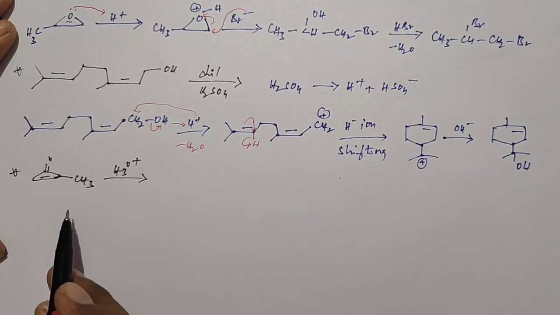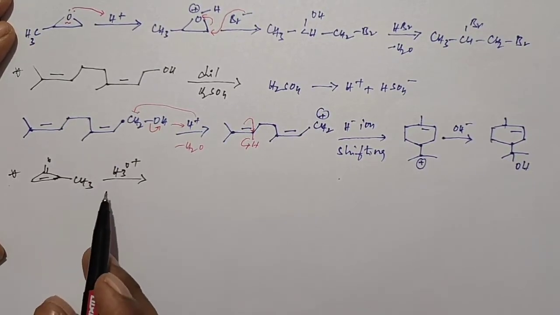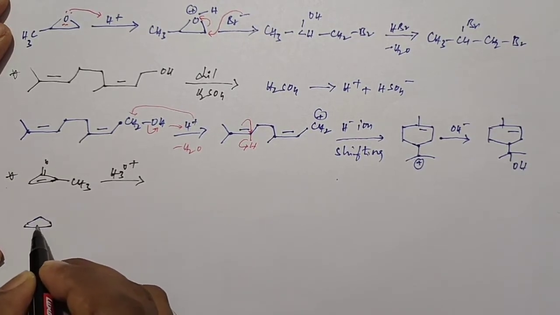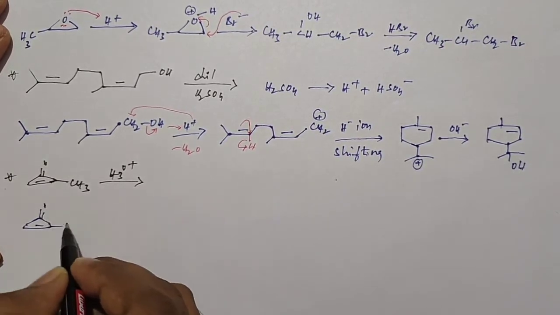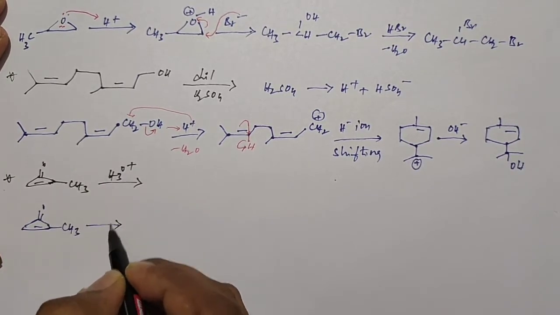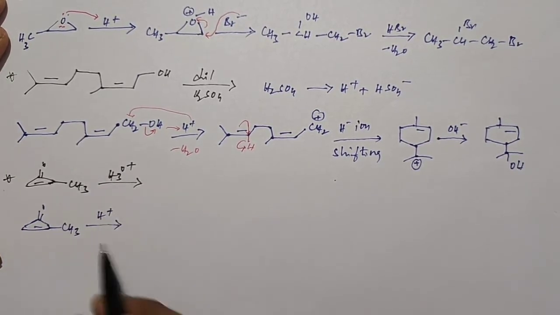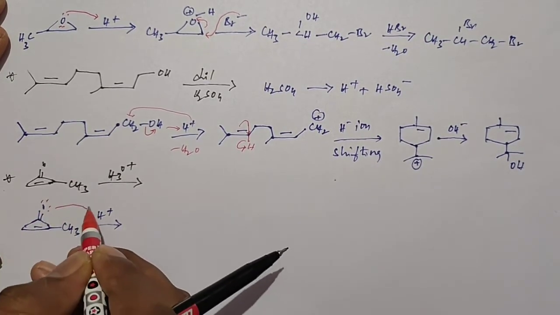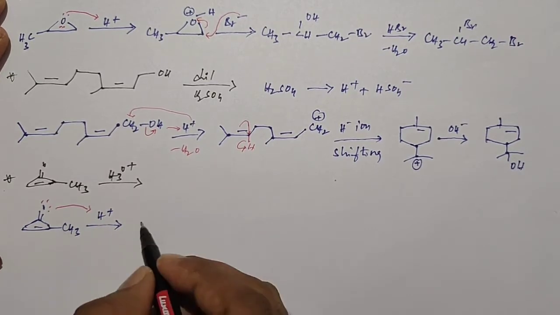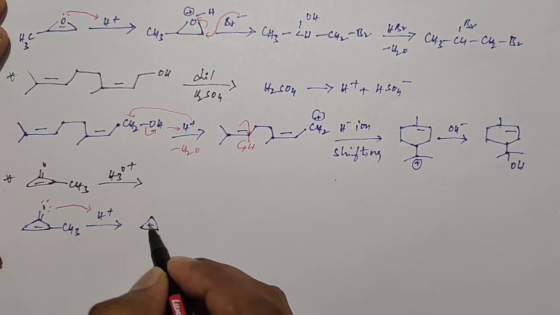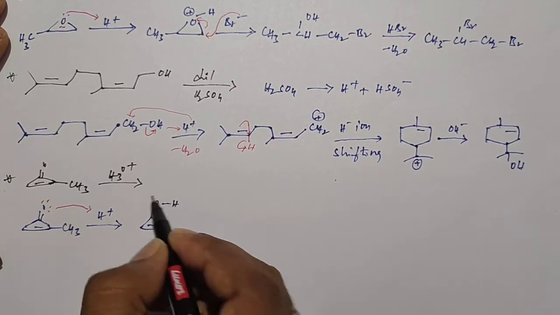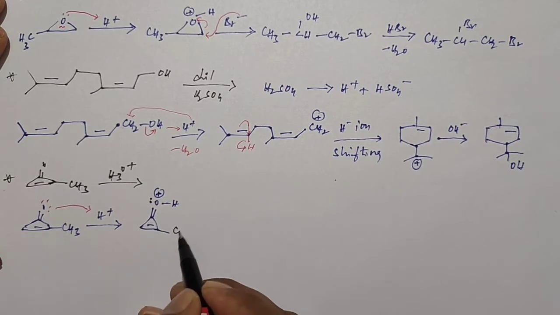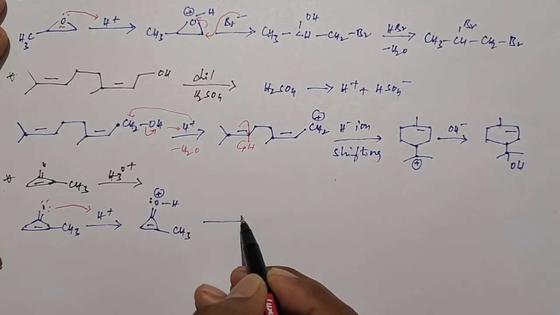Okay students, this is the next miscellaneous reaction. This reaction undergoes acid hydrolysis. So first we need to take the initial compound. So this is the initial compound. This compound first reacts with the proton. At this oxygen we have lone pair electrons. These lone pair electrons are donated toward the proton. Then we get the structure like this. Okay, so this is where we get the compound after gaining the proton.